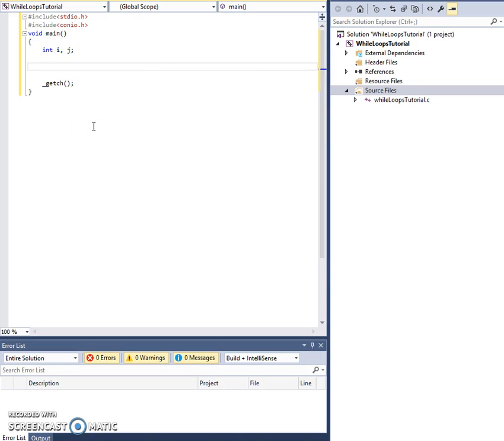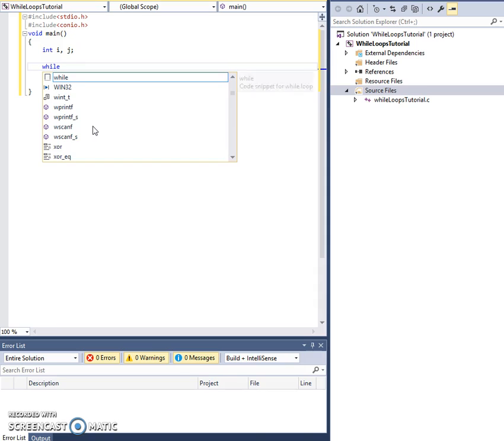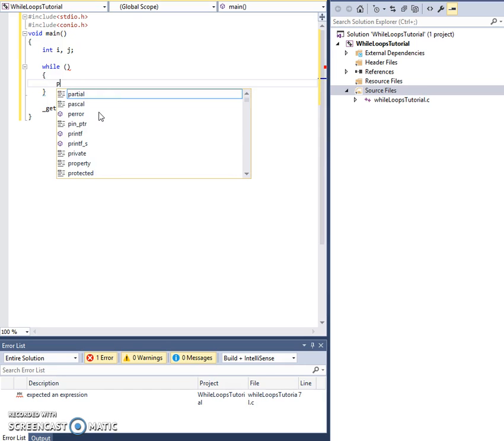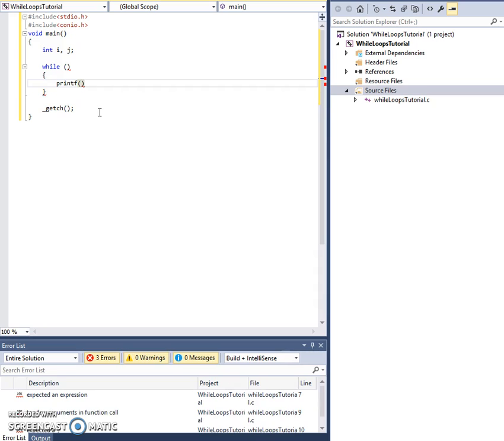So, with our while loop, we want a program to run while something is true. So, we're going to put something in here, like printf saying, we'll just print out the value of I plus 1, just to show that it's 1, 2, 3 instead of 0. And what we'll do is